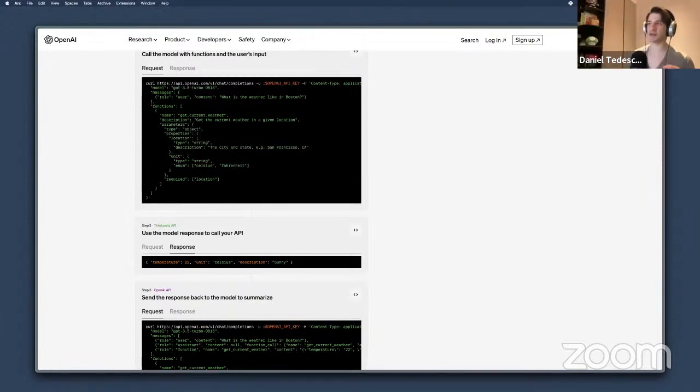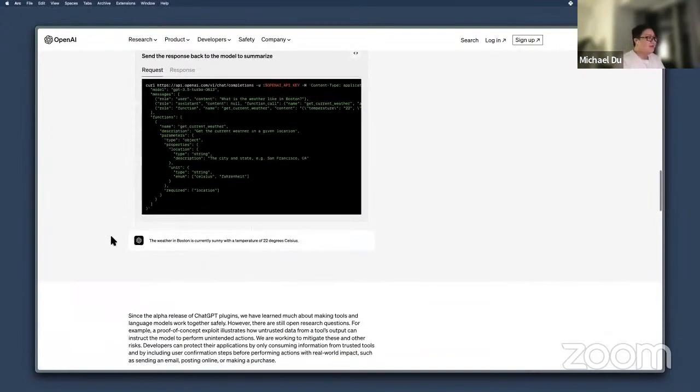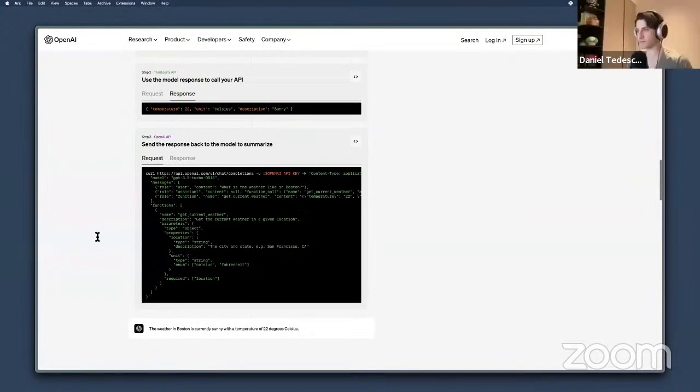But it's interesting that there's no definition of what gets returned. I wonder why they did that. I don't remember that being mentioned.